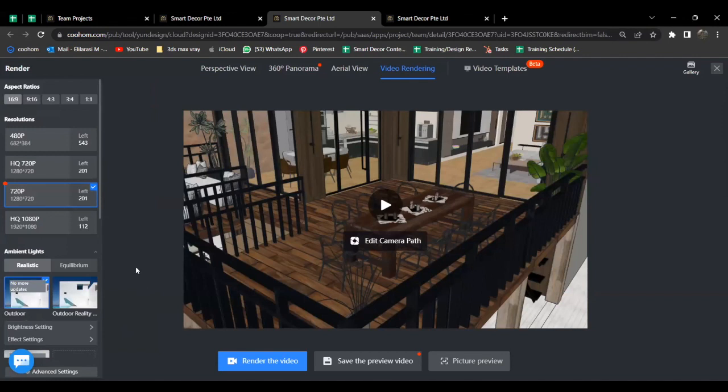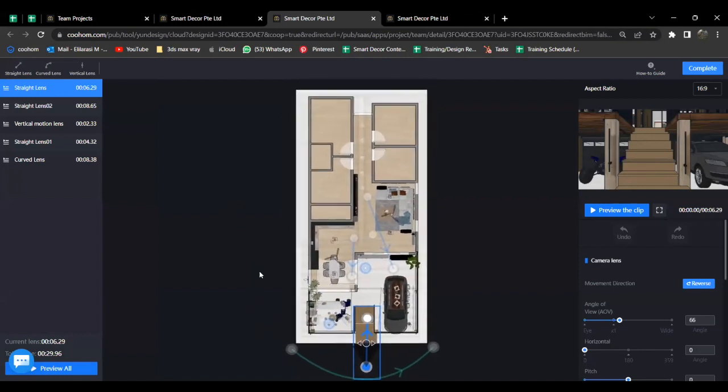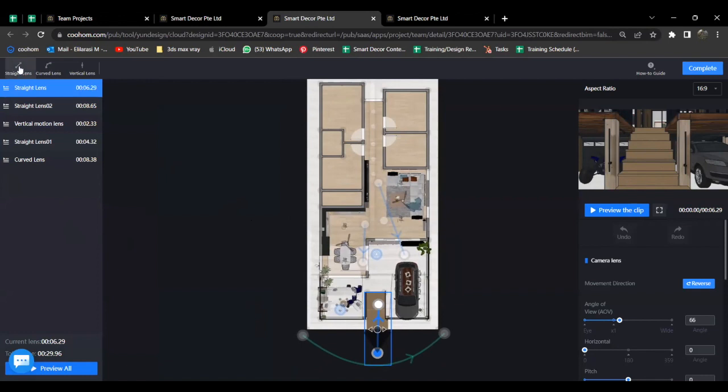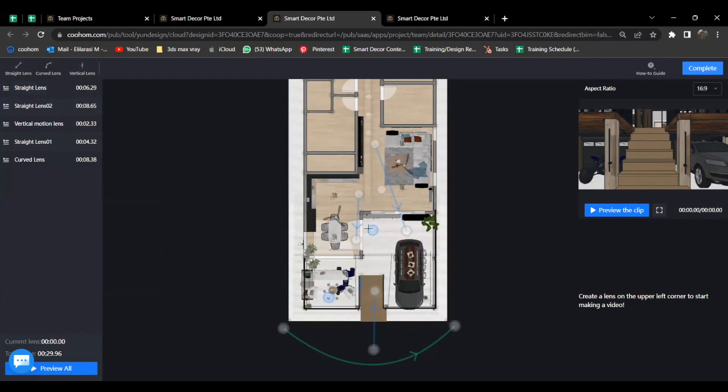First of all, we have to complete the project. All the designs need to be complete. Then you can go to the edit part. If you are new to creating a design, the video spaces will be empty, so we have to set them ourselves. There will only be straight lines, curved lines, and vertical lines. I will show you what each is for and how to use it. The first one is the straight line. You can just set it straight